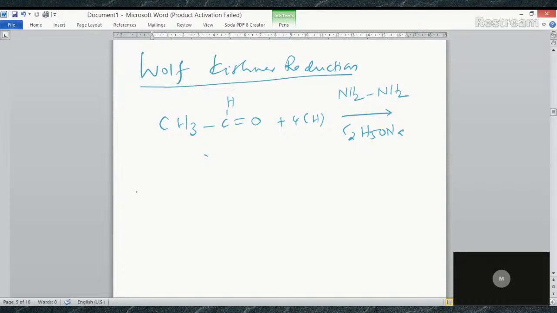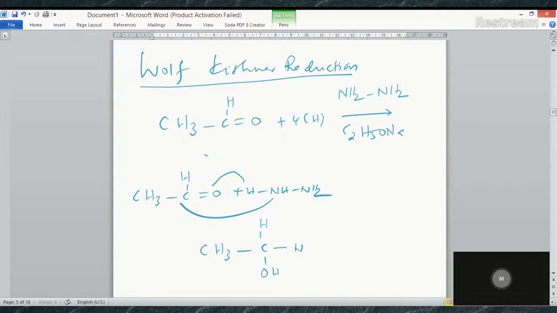The mechanism of the first part is not necessary. Even then, you just know the hydrazine can be written as NH2. So there is an attack of the nucleophile followed by protonation. You can have the compound CH3CH becoming OH, and here I can write NH2. Subsequently, water is removed from the molecule so that we can have CH3CH double bond NH2. It is nothing but